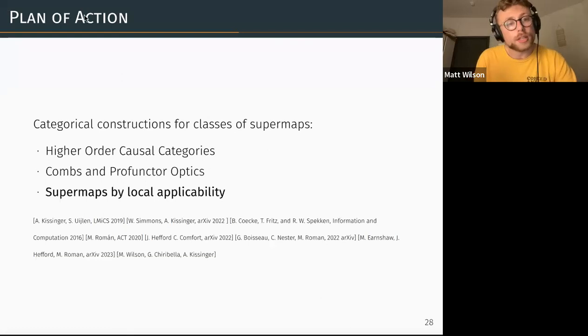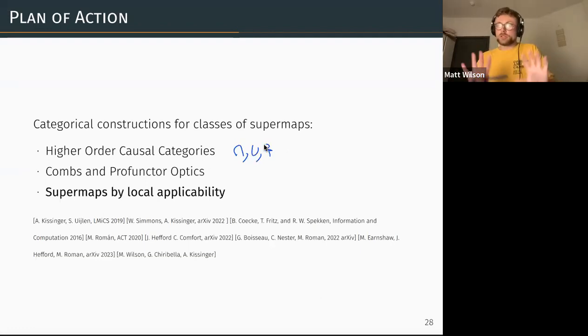So it's worth mentioning there's a kind of higher order causal category approach. And here the idea is to, from the start, assume that you embed into some kind of nicely behaved compact closed category. And then from that, you get a lot of power. You can define supermaps, and even higher order stuff. This gives you a lot of power, but of course, it's more domain specific than we're asking for in this